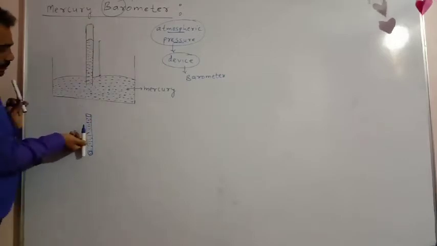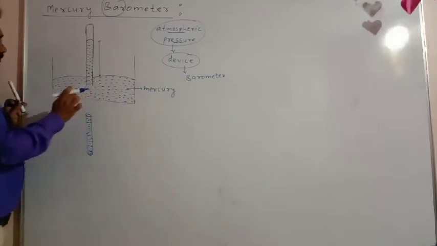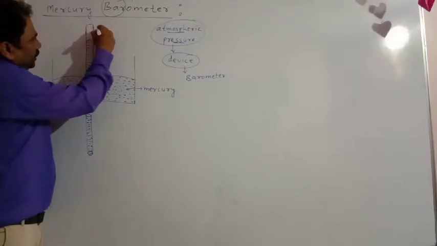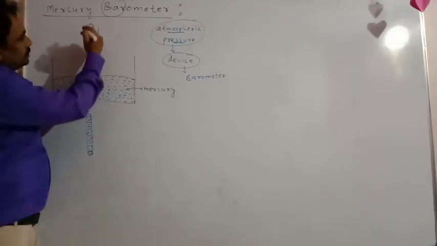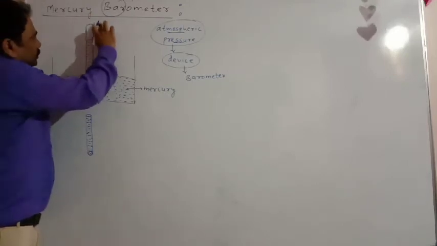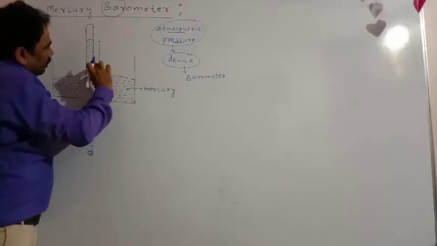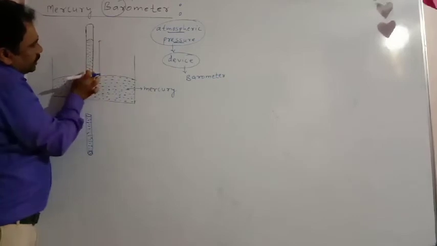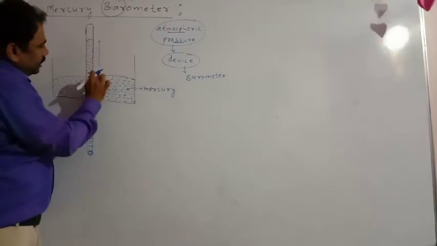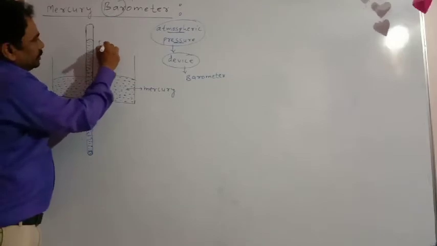Now if we invert this glass tube in the container of mercury, you can see the level of the mercury is decreasing, meaning the level falls inside the glass tube. If we measure the height of this liquid column, so what is this called? The liquid inside the glass tube is called the liquid column. So the height of this liquid column from this point up to that point is